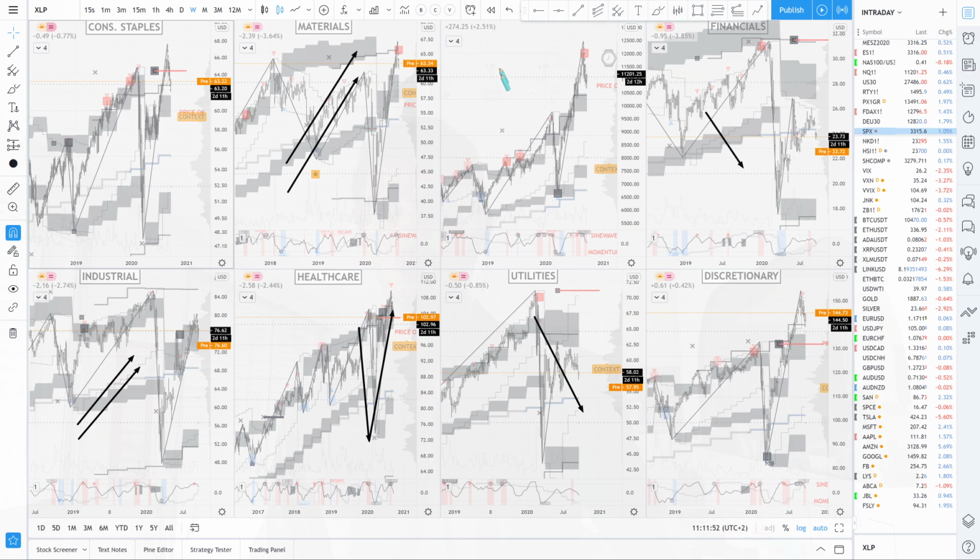Option number 2, going for the crazy parabolic run. In that perspective, I think definitely these two will be part of the game, which is the reason why I favor these, because in both scenarios they will probably make money. In the crazy bullish scenario, the problem is that financials and utilities will probably lose money, which means they will be so much less attractive relative to the huge growth and risk-taking of the rest of the factors and markets that people will just get out of them because they'll feel so boring. And in that perspective, the huge crash that will come out of this bubble will absolutely bring everyone into those defensive values, okay?